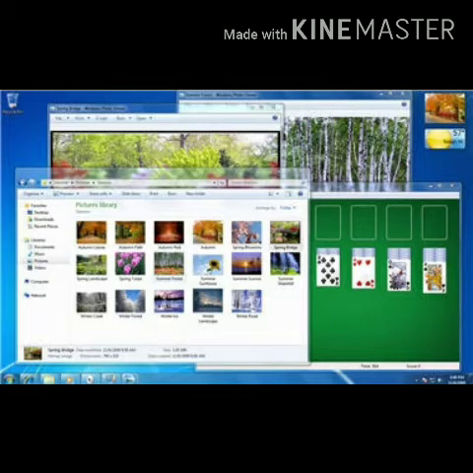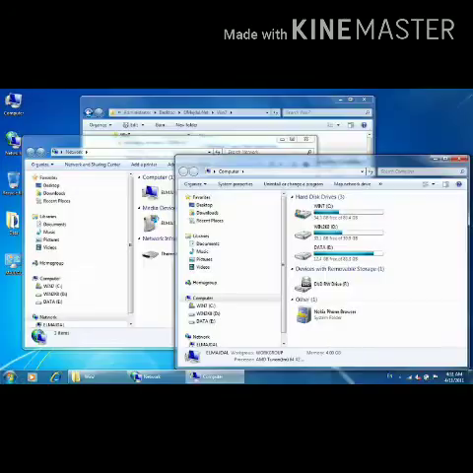Then, switching between applications using taskbar. In Windows, after you start one app, you do not need to close that app before you open another one. Windows supports a feature called multitasking, which means running two or more applications at once.